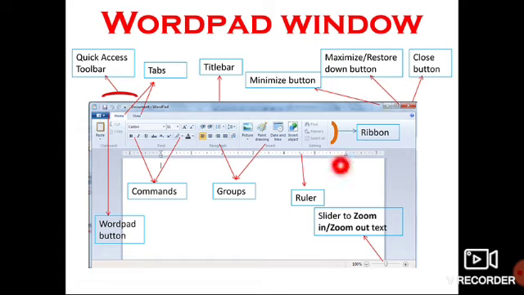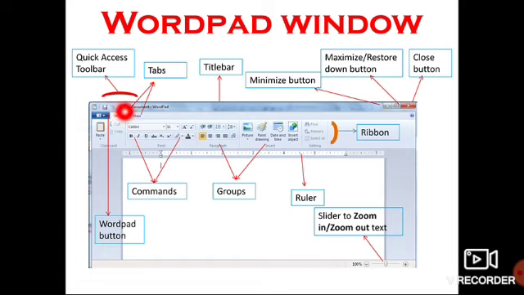At the right of the title bar, we have three buttons. One is minimize, maximize or restore, and then close. Minimize, you already know, makes it smaller in size. Next, close, you already know. And lastly, we have maximize or restore down. It is used to make the window smaller in size, or when you click the same button again, it brings it back to the full size.